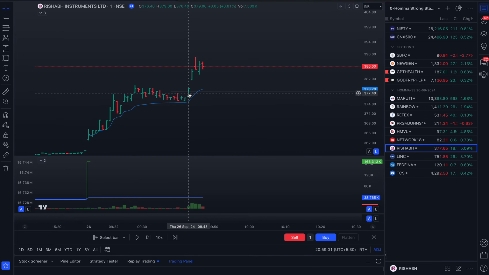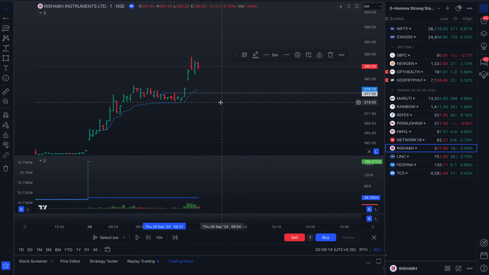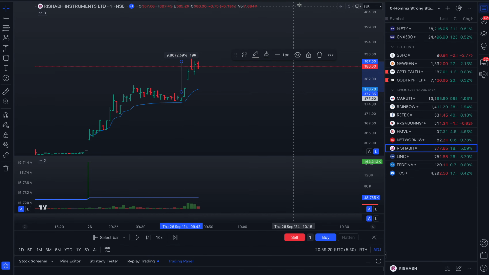And in this I would for sure sell 50% and then only hold 10% notional exposure. And in this case, then you would be already de-risking your position, because if you made 2.52% on the 50%, and then the rest 50% you have a stop of less than 1%, then even if Rishabh Instrument comes back and hits your stop loss,